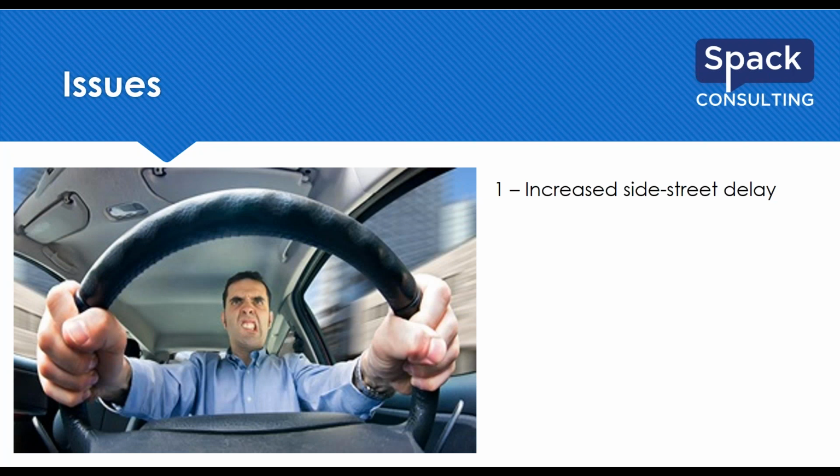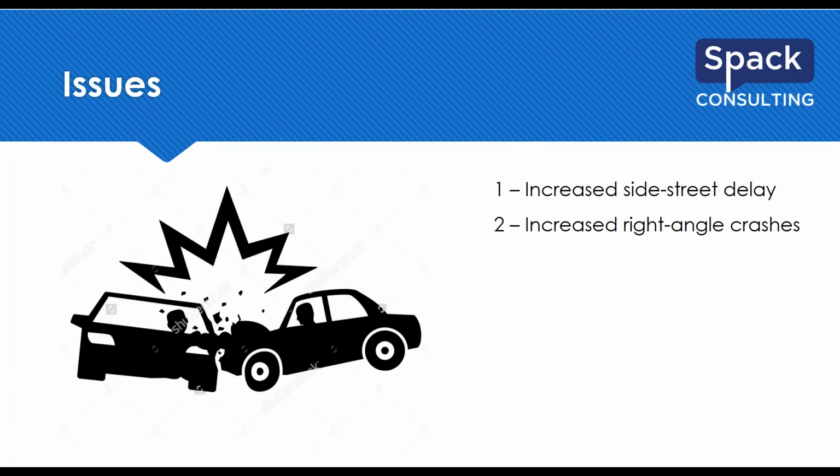Yeah, and it will depend a little bit on what traffic control you're using. But if you're going from a signal to two-way stop, that's obviously a concern that you're increasing that delay. Goes right along with it that you could be increasing your right angle crashes. And like we just said, this really depends on what you're replacing the signal with. But if you go to two-way stop, even an all-way stop in some cases, there's the potential for those right angle crashes to increase as people blow through the stop sign a little bit easier than they blow through red